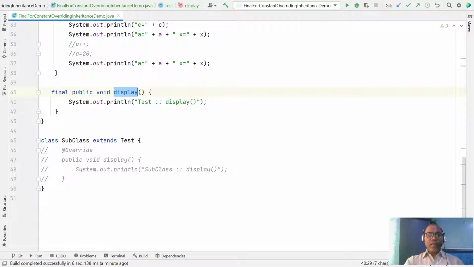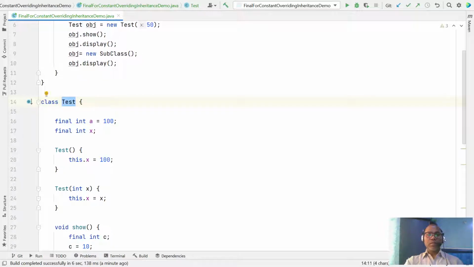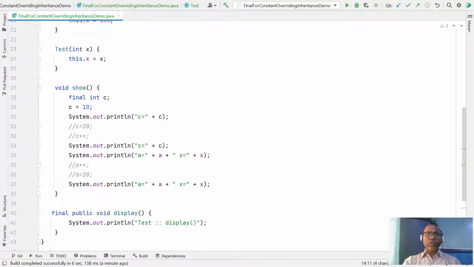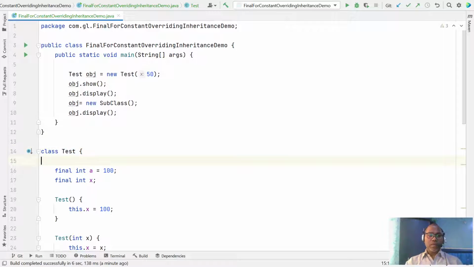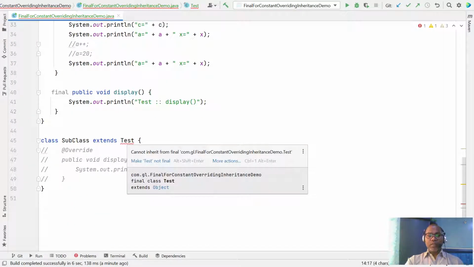And sometimes I want that no subclass can inherit this Test class. Then you can mark this class as final. Whenever you say this class is final, the Test class is a final class, and you cannot inherit from the final Test class.